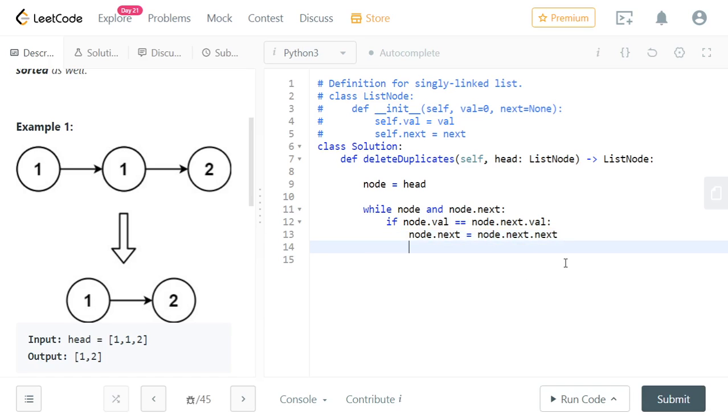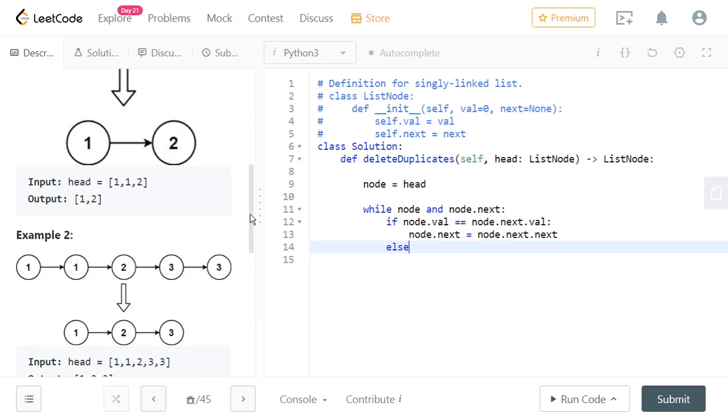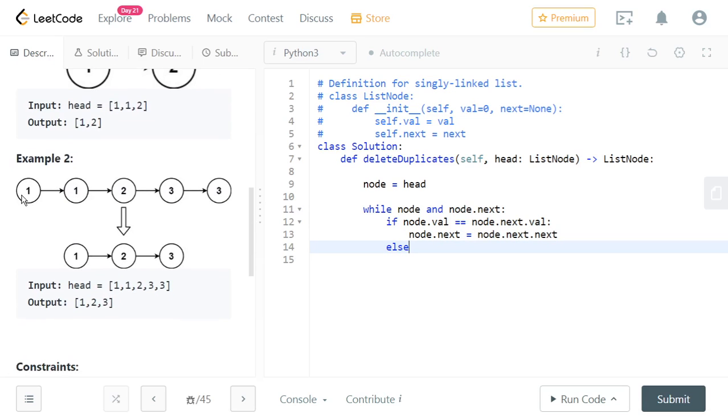Let's take this example. After removing this, let's assume we are now here. 2 is not equal to 3, so we have an else part.